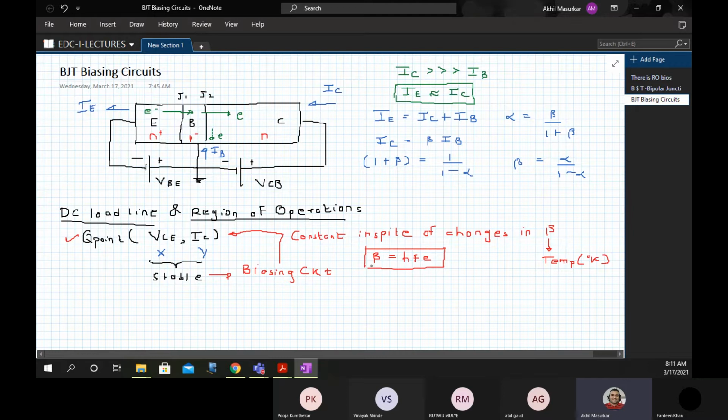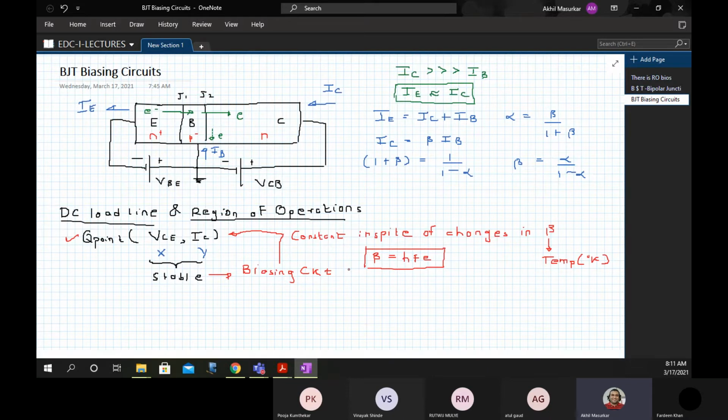So in some way beta changes with temperature, but the best biasing circuits will have the greatest stability, that is, they will hold the current and voltage substantially constant. Underline the word substantially, regardless of the variations in the values of beta, which are generally because of change